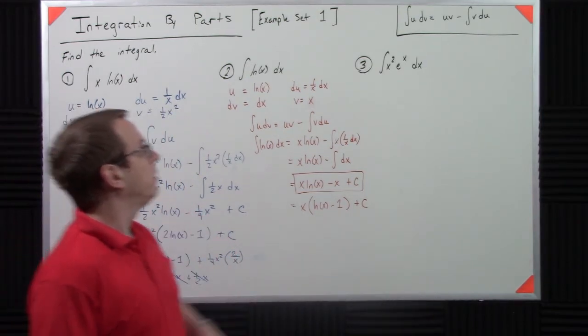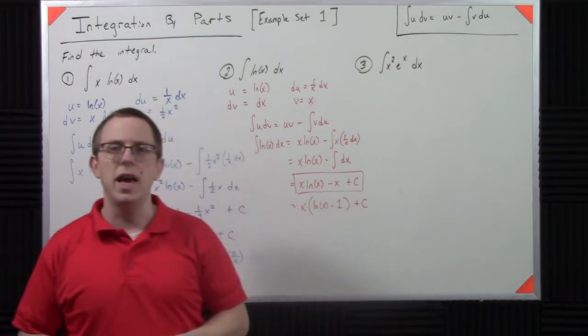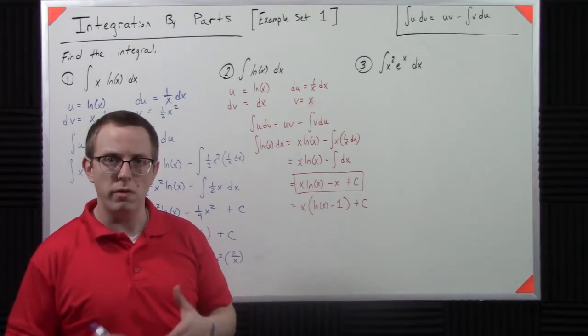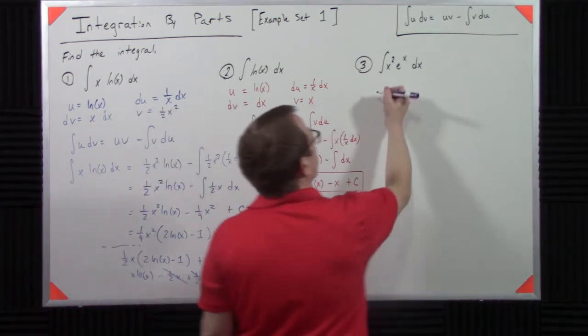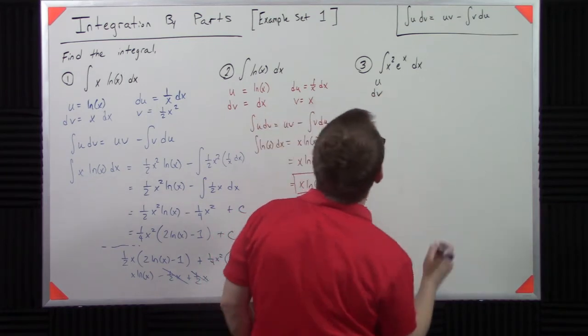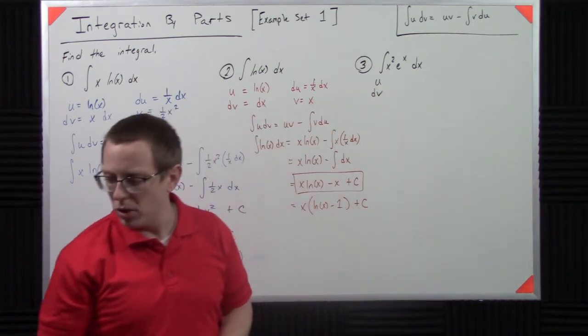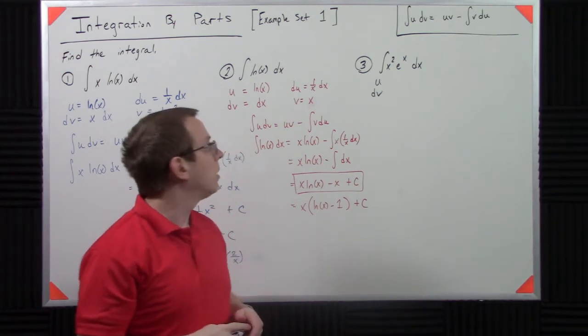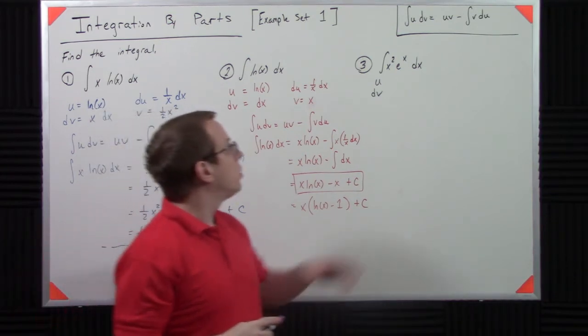All right, finally, we have x squared e to the x dx. So in this particular case, we just have to pick u and dv and keep going. Yeah, it's supposed to be purple, but that sure does show up a lot like black. Well, we'll just keep going. It'll be all right. So u and dv,